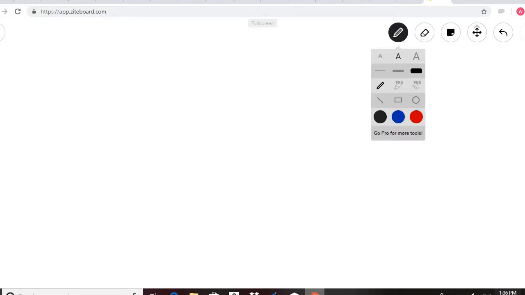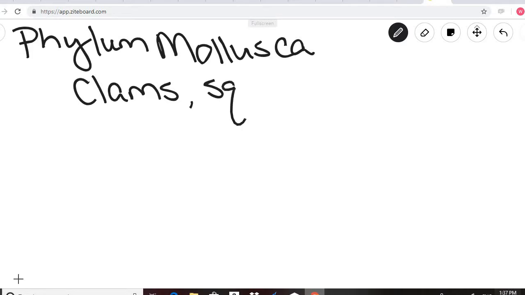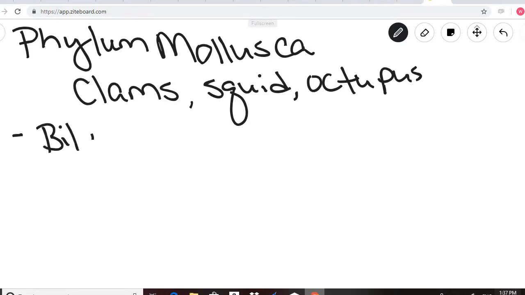Okay, so let's start with phylum Mollusca. Sometimes we just refer to these as the mollusks. And so organisms that you would think about when you think about this phylum are clams, squid, and octopus. Okay, so before we look at individual classes, I want to go through some general characteristics of organisms within phylum Mollusca. One is that they have bilateral symmetry,